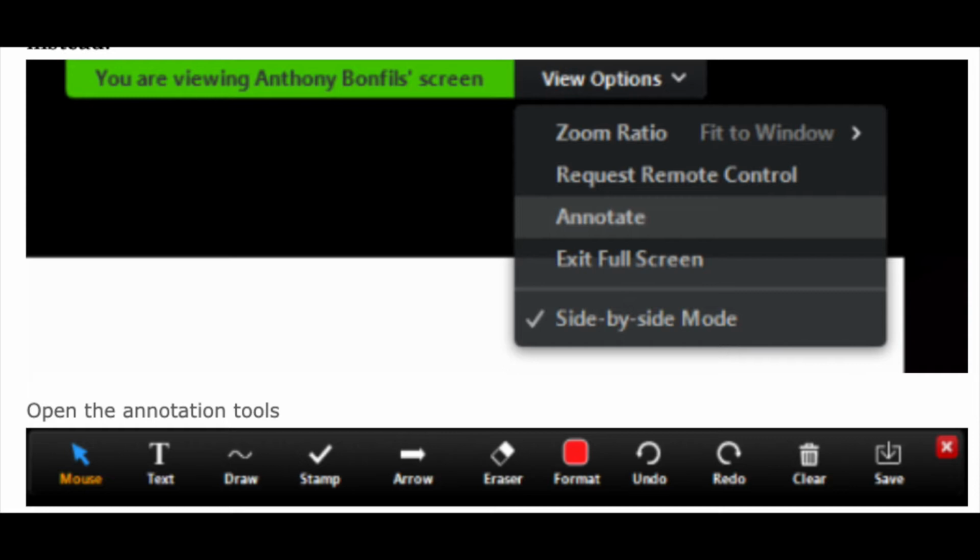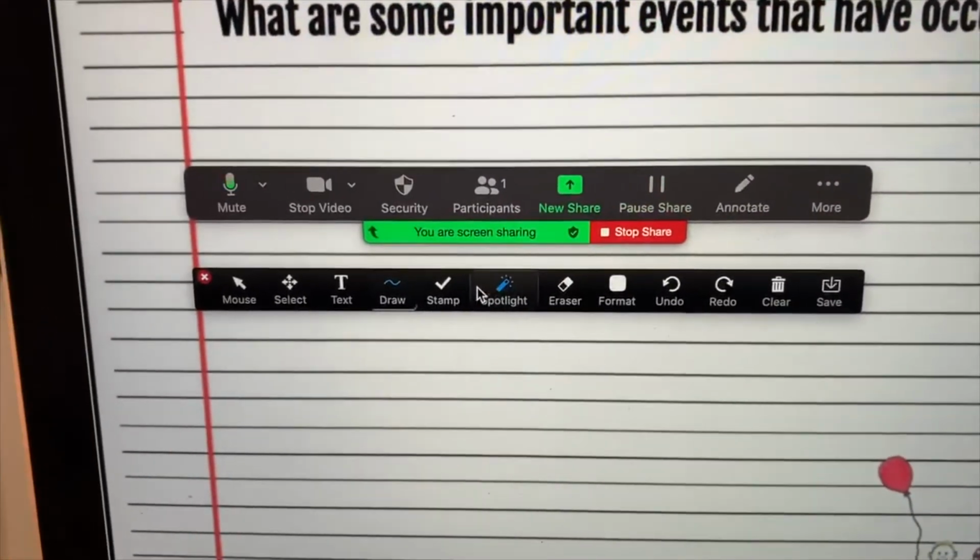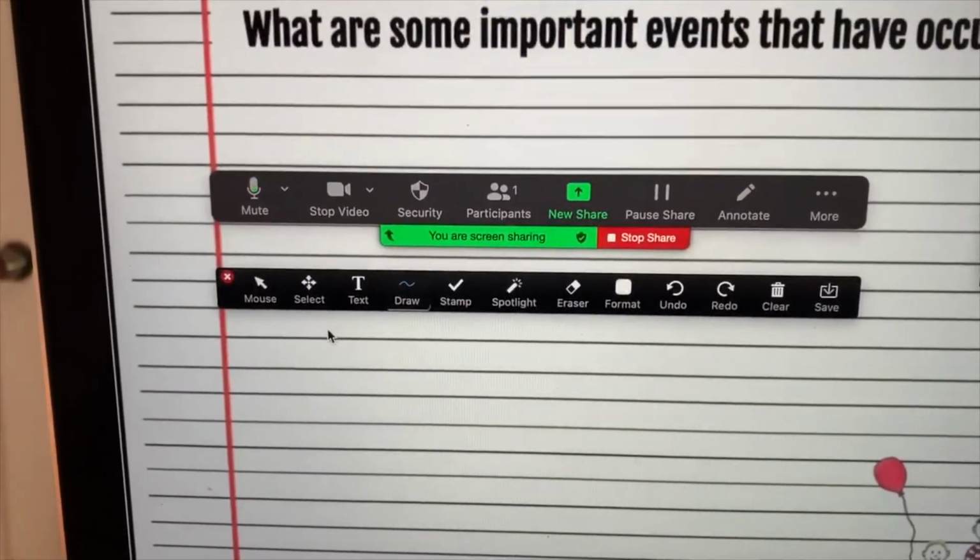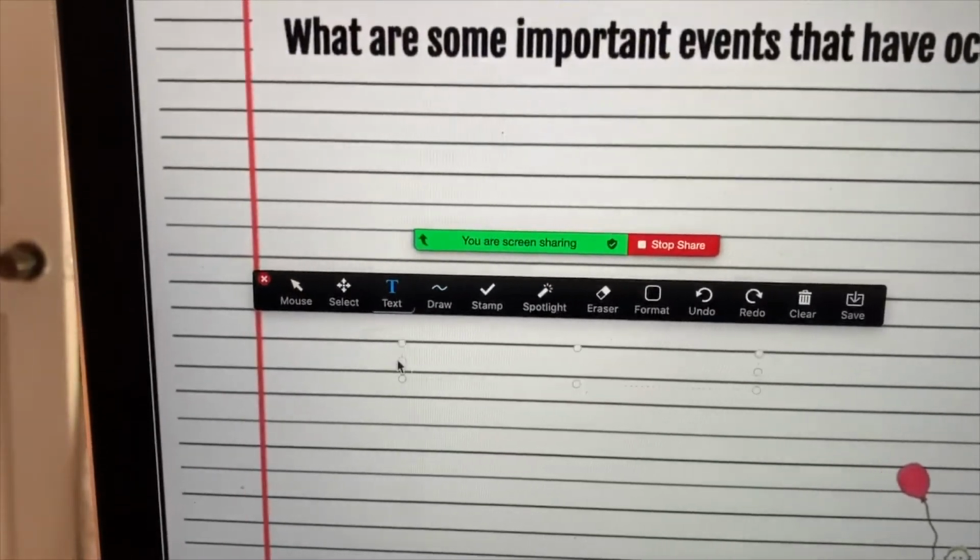Next to it, you see View Options with a little arrow. You click on it and you go down to the word Annotate. You'll click it and then you'll get all of these options. So you can either put text and type,